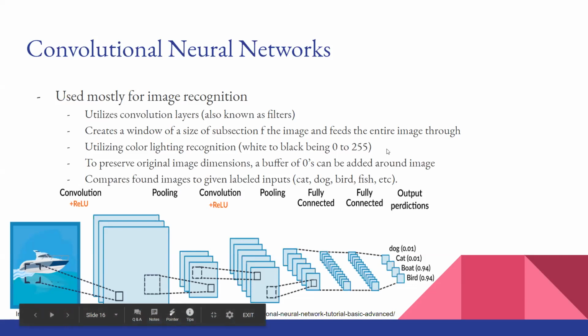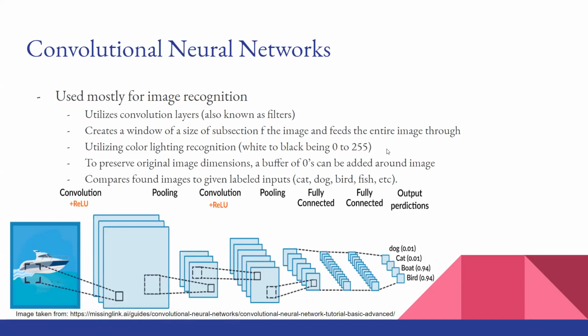The convolution neural network is used mostly for image recognition and utilizes convolution layers, also known as filters. It creates a window of a size subsection of the image and feeds the entire image through it. So it takes a single portion of it and feeds the whole image through it, creating this window saying, is there any similarity in this? By utilizing color and lighting recognition, white to black being 0 to 255, where 0 is white and 255 should be black. Once I got this reversed, but that should be it. And to preserve the original image dimensions,